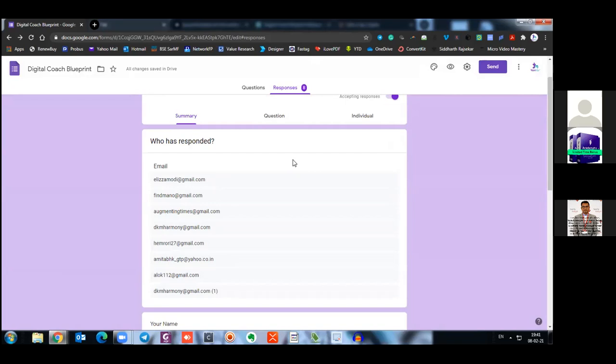Yes, it came. Look, DKM Harmony received it a second time too. Buddy, did you receive the mail? No, not yet. I was just checking that only. Not yet. Okay, just let me know if it comes. It should come. It takes almost some time because they have mentioned that generally it takes 15 minutes or so. But sometimes it comes earlier, quickly.